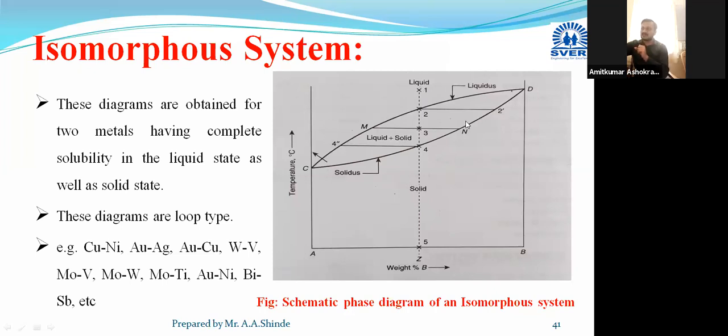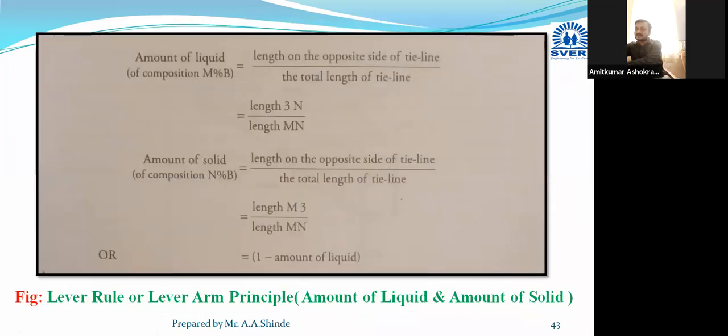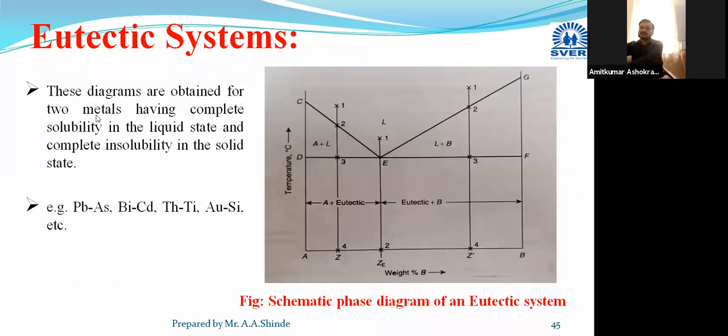Here we have considered the cooling of only one single alloy, and we are going to explain its microstructural changes. Now in the next diagrams, I will explain later what the eutectic system is, but in this diagram we have different regions. This part is different, this part is different, and one single specific point is different. That's why here we have considered three alloys, and three alloys' microstructural changes we have to draw here in this